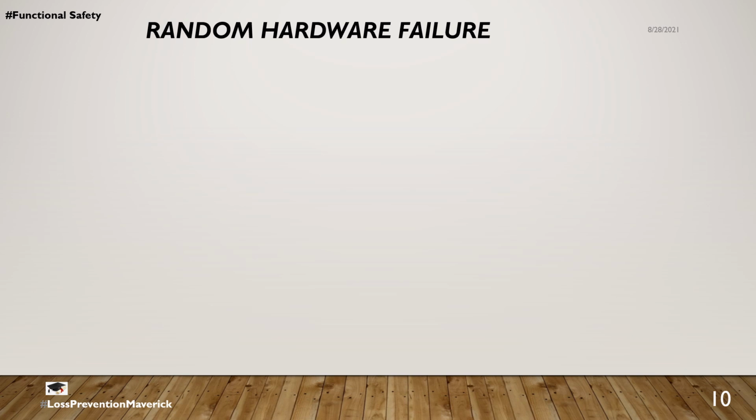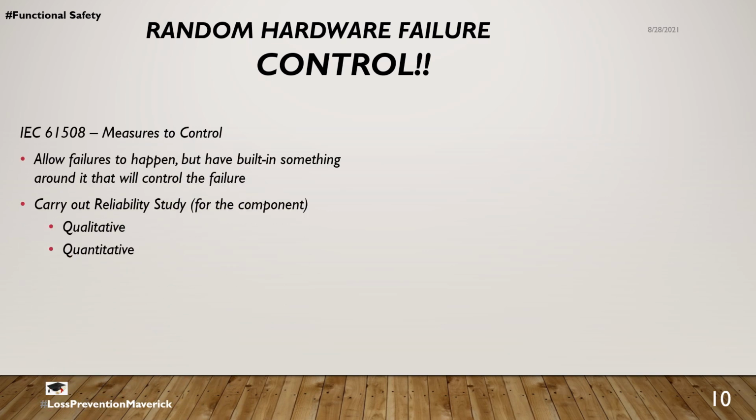In order to avoid this failure, so that we get better availability of our equipment, there are two ways. Yes, we can either control it or we can avoid it. But having known the definition that it is a degradation failure, we cannot completely avoid it, but we can control it. There are provisions in the code IEC 61508 which address measures to control. Manufacturers recognize that we cannot avoid it, but we can control it and better improve the availability by having a built-in feature, carrying out